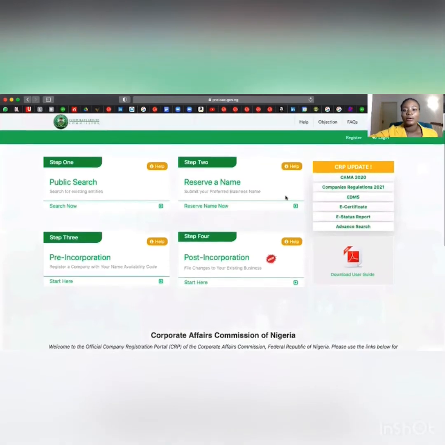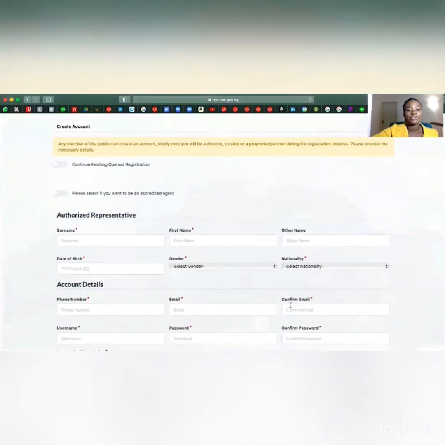Okay, so now, if you would like to register, you see, this is public search, reserve a name, pre-incorporation, post-incorporation. So now let's click on step 2 here. So this is register, this is login. This login, for me, because I'm an accredited agent, I will just log in and open my portal. However, because you're not an accredited agent, you can just come here and register, and then you fill in